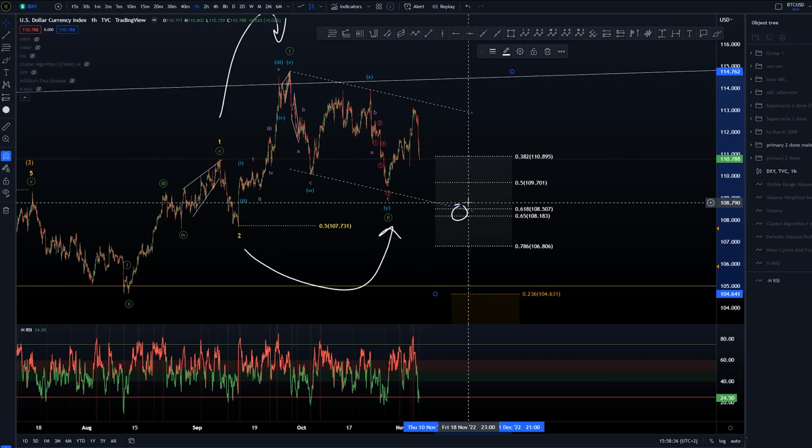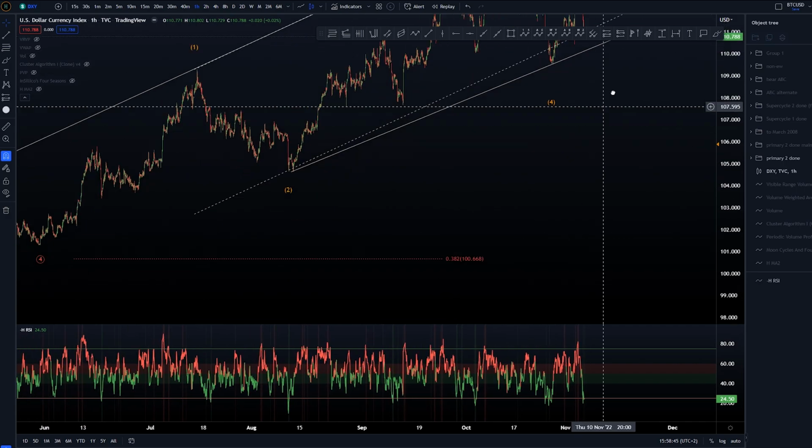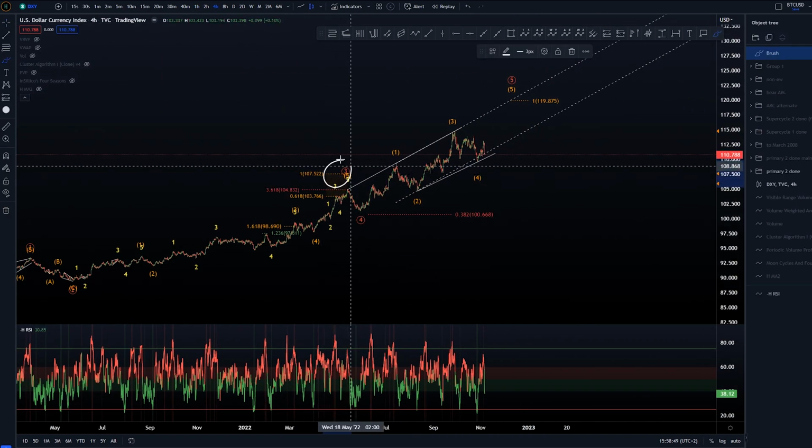But yeah, that's just one possibility. Of course, something else can happen and we just rise through the roof. But yeah, that is my bias at the moment. The other scenario that we were tracking previously was this one, in which we have already created a third of